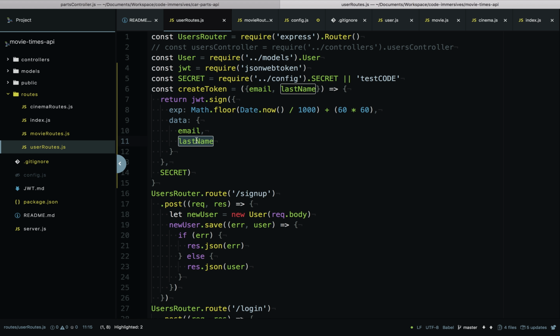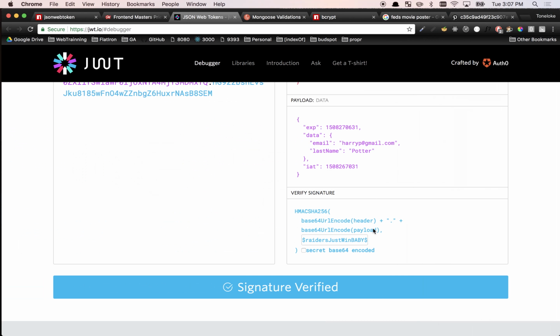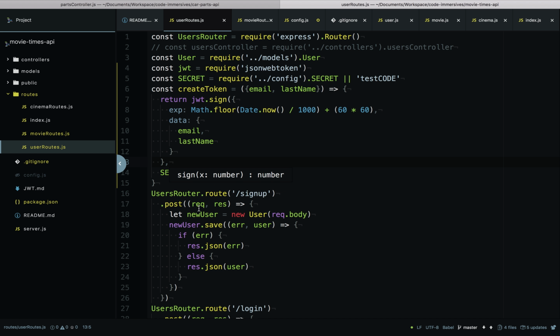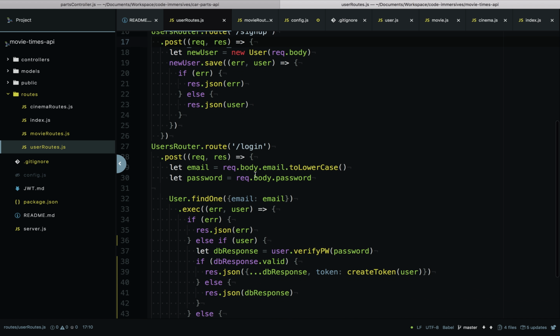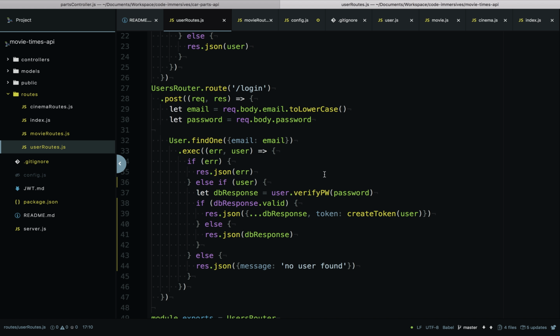So in the payload data, I'm giving it an expiration date or time. And I'm also giving it the user data, right? I'm giving it the email and the last name. And then the last argument is how I verify the signature, which is down here at the bottom. This is how I know the token was created from my server, not somebody else made this token and sent it to me. They would have to know my secret in order for them to do that, which isn't hard, but